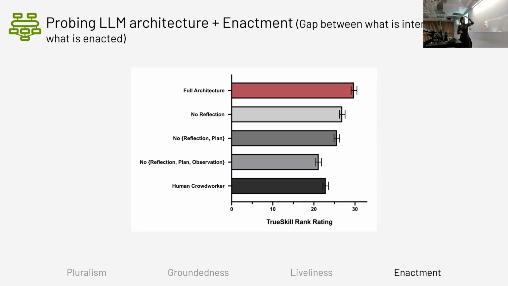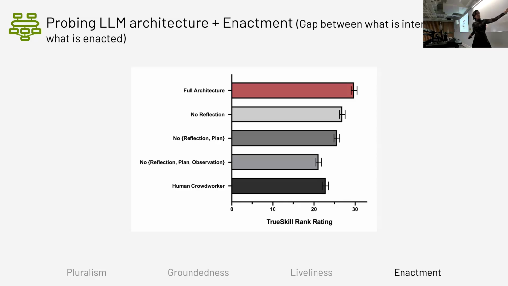So in this work, and this is their evaluation of it, and I think this is very normal in HCI, but especially in AI research, when they want to evaluate the architecture that they propose, they have 5 different conditions. The first one is their full architecture with the memory, reflection, and planning. And then they have one version that has no reflection and planning. So the normal approach is to remove one of the conditions and test how the architecture performs. Then they have a human actor also act out as one of these generative agents.